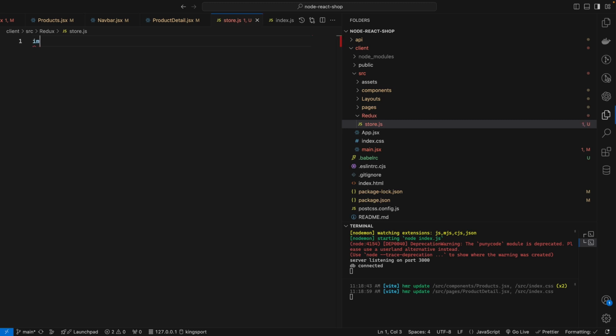So I will import combineReducers, because we have to combine reducers. We will have different reducers for user, for products, for adding to the cart, and cart management state. So we have to use different kinds of reducers. That's why we need to import